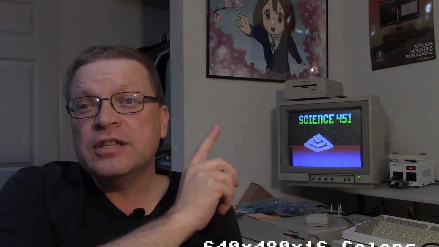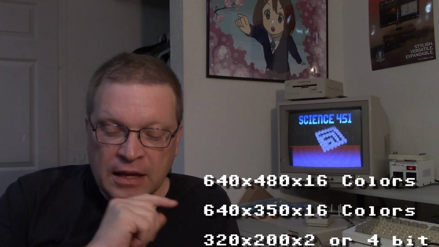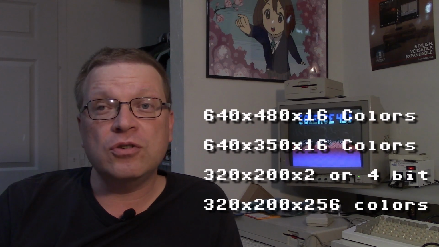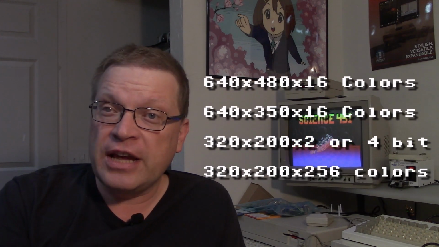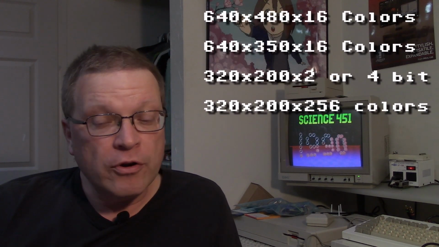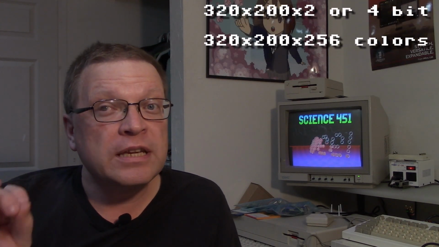It has several standard modes. It's got 640 by 480 in 16 colors. That sounds familiar, doesn't it? It has 640 by 350 in 16 colors. That's to work with EGA type graphics, for backwards compatibility. It has 320 by 200 modes in either 4 or 16 colors, and it has 320 by 200 modes in 256 colors. That's VGA graphics. The colors come from an 18-bit palette,